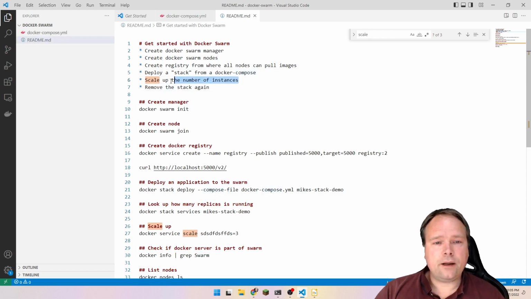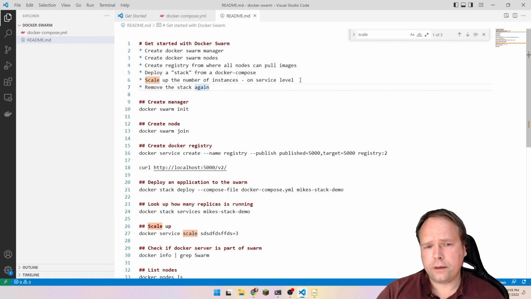Then we want to scale up the number of instances, and this is done on the service level. So this is on service level right here. And then when we are done, we want to remove this. We are going to remove the stack again, and we are going to leave the Docker swarm. And this is again something we're going to do